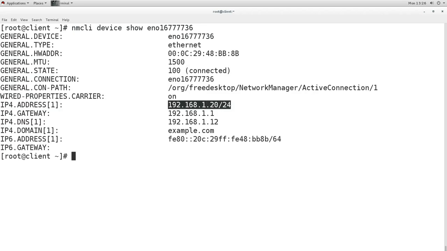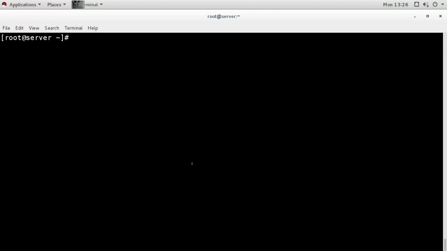Now we can do one more thing. We can use a fixed IP address for some host. In case we have some machine whose IP address we don't want to change, because DHCP can change it. When the IP's lease period has expired, the client will ask for an IP again, and if that IP is available, it will be given the same IP. But if that IP is not available, then it can give a different IP. In that case, IPs can change.